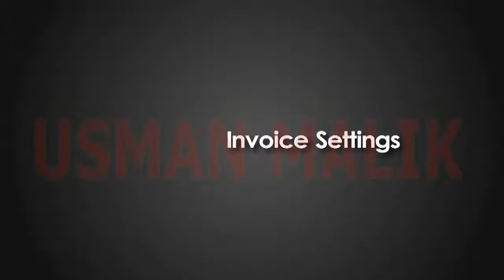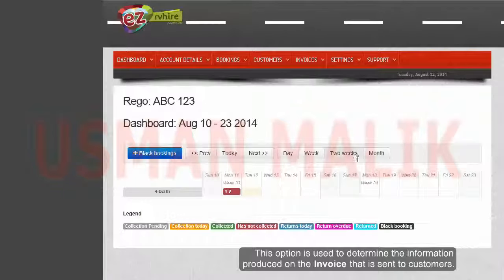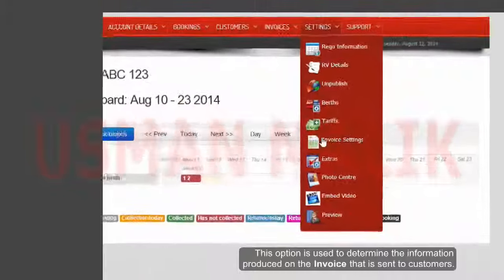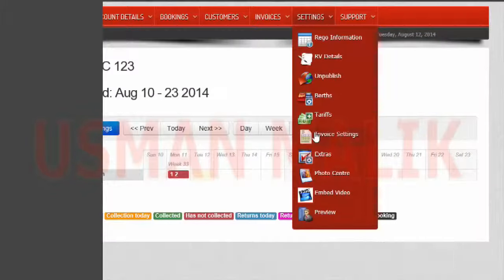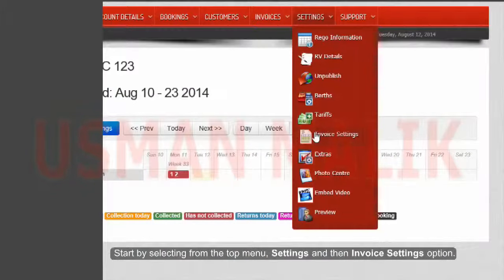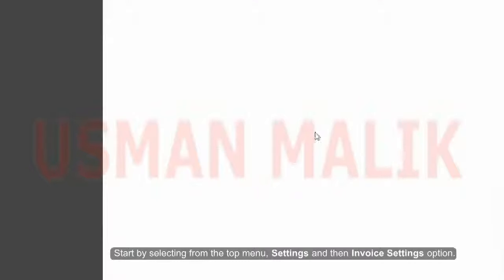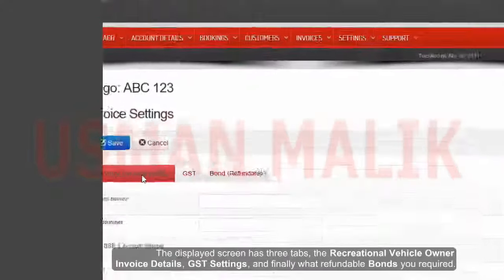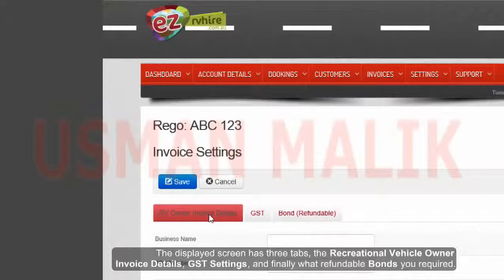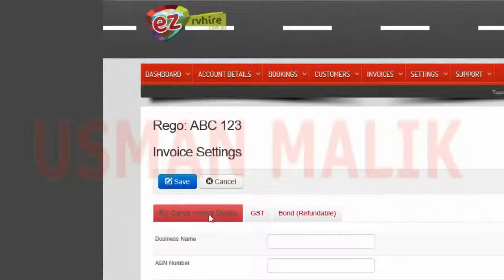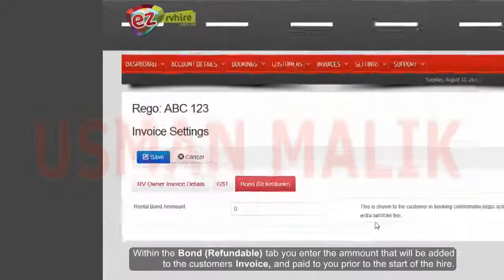Invoice settings. This option is used to determine the information produced on the invoice that is sent to customers. Start by selecting from the top menu, Settings and then Invoice Settings option. The displayed screen has three tabs, the Recreational Vehicle Owner Invoice Details, GST Settings, and finally what refundable bonds you required. Within the Bond, Refundable tab you enter the